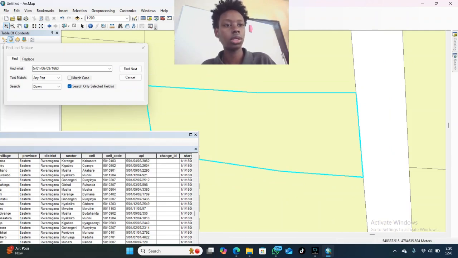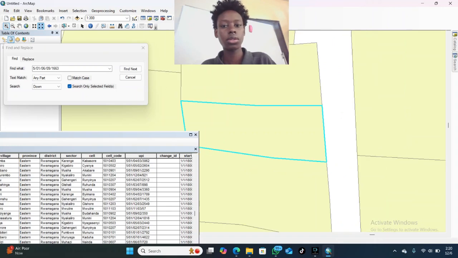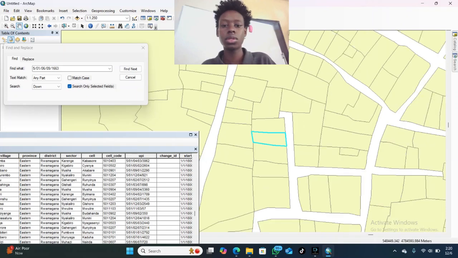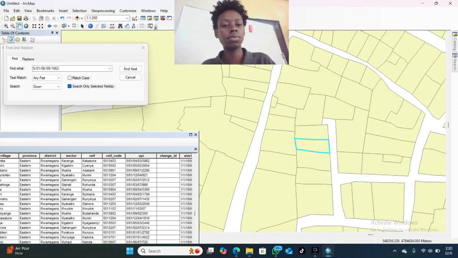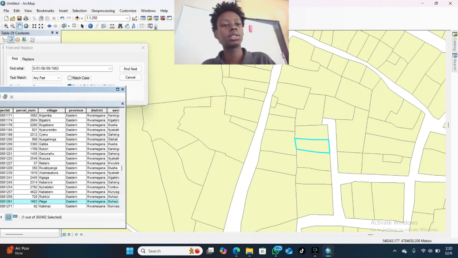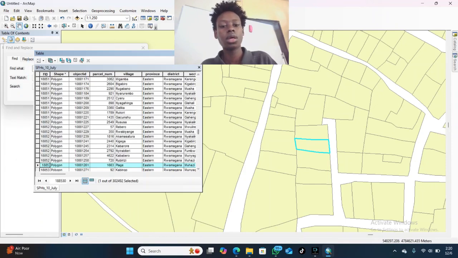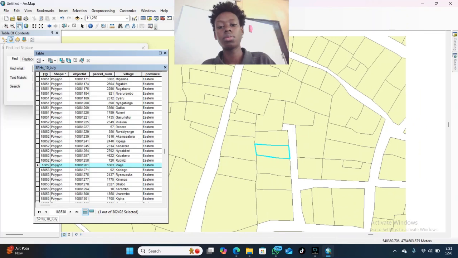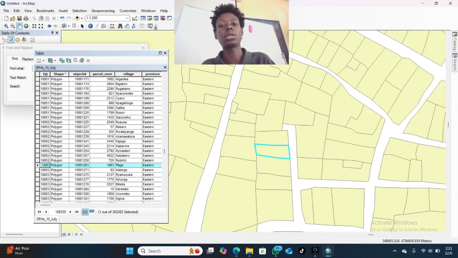As you see here, they give you the other parcel. So you see that you have seen the other parcel contained in this shapefiles of today. So what we have done, we have added data, and after adding data, we have searched a plot from certain shapefiles of our district. This is Roman district. After, you may need to map it, you may need to do a cadastral plan for